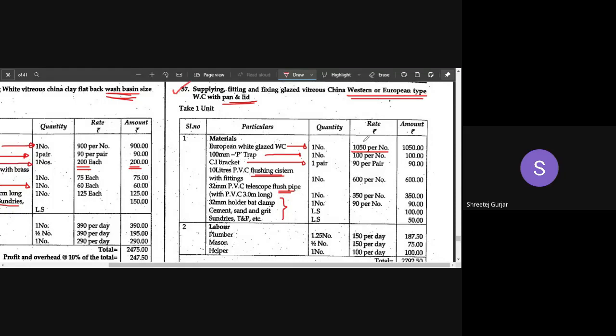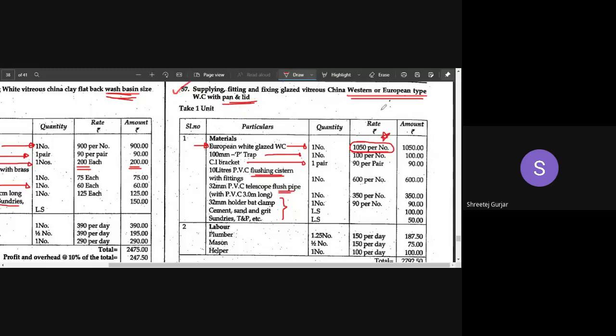And if you see the rate of one water closet, is this the same rate in market, 1050? Is it around this or is it higher? Rate of one water closet. If you go for Hindware, if you go for Jaguar, various other companies are there, or Cera, right? Many companies are there. Can you tell me any rate of a Western type of water closet? Is it nearby to this particular rate or is it higher? If anyone knows the market rate of a Western water closet.